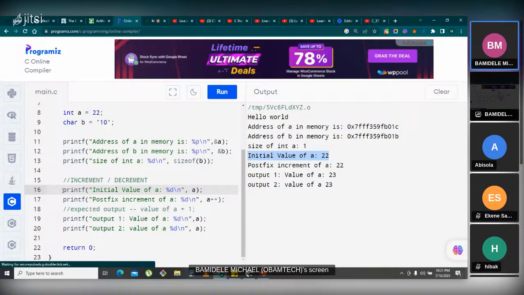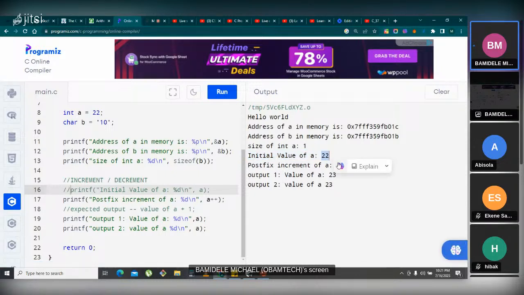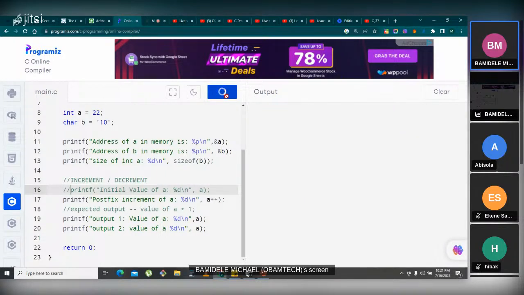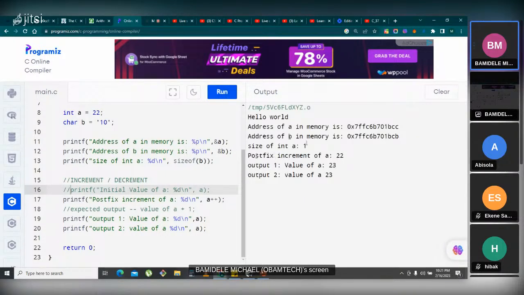Now let me clear this initial value of a, and let's see what will be the result. We had 22, 22, 23, 23. Let's see. Can you see? At the point that the postfix was added, a was still 22. But when we printed it again,